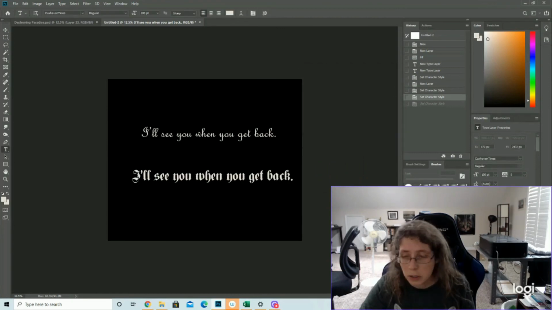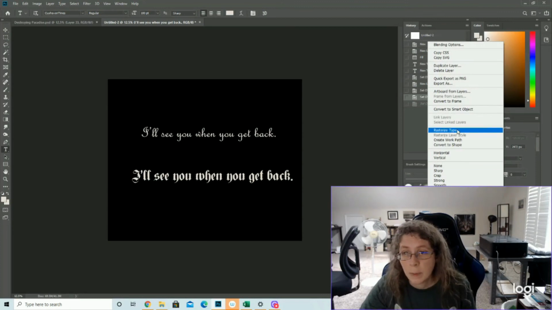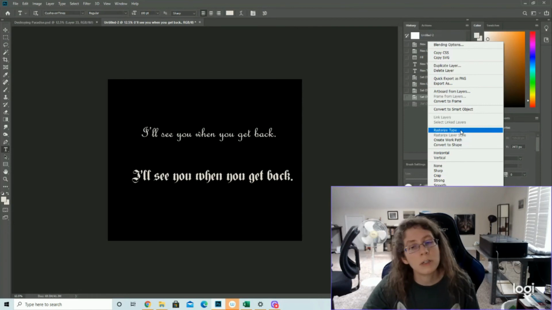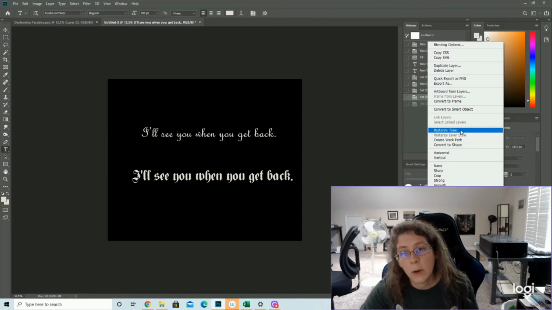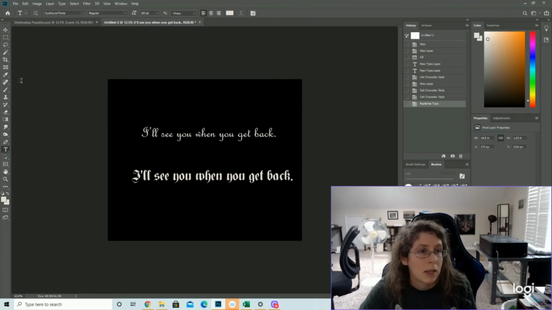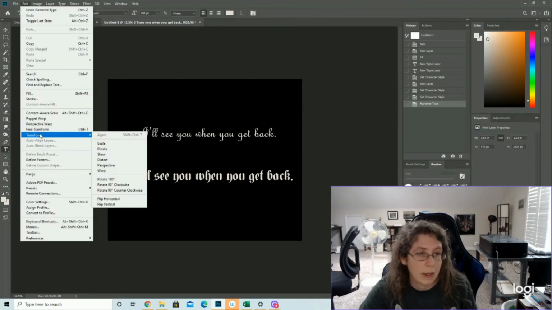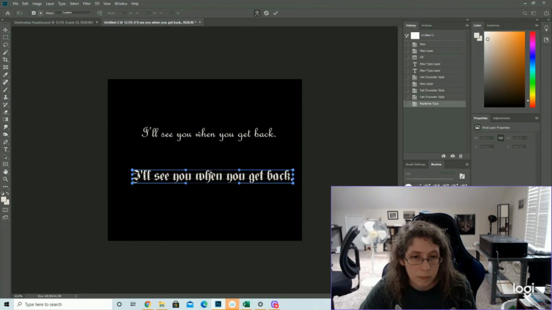Now, like I said, there are certain things that you can do, like if you're trying to distress an image, you do have to rasterize the image first. So to rasterize your text, you can right-click it and then come up here and hit Rasterize Type. Now, when you do that, it converts the text into an image, and at that point it is pixel based. So when you manipulate it from there, it can blur. So if I go ahead and rasterize this, and then let's say I do something like warp it,